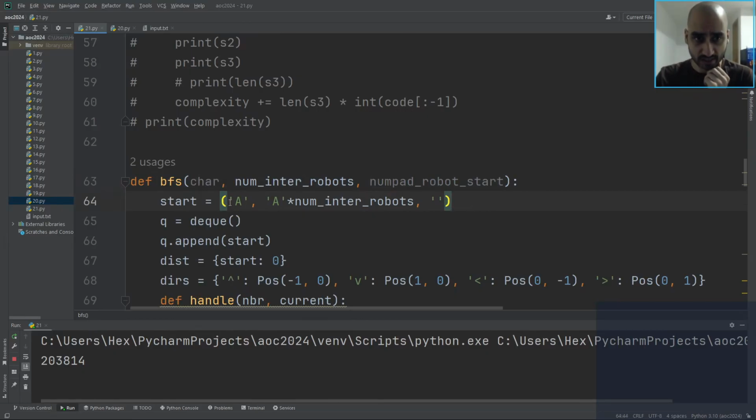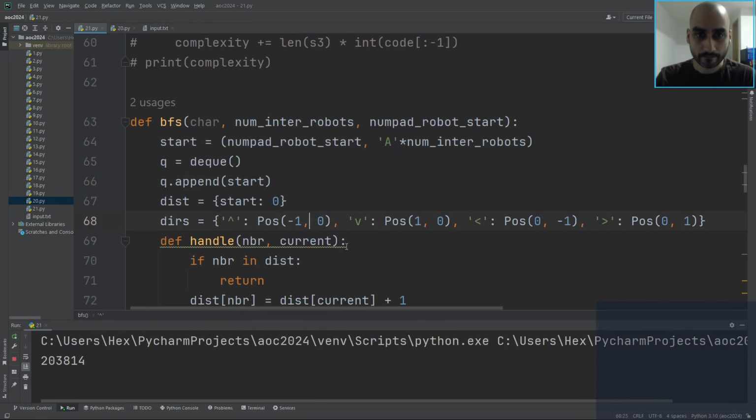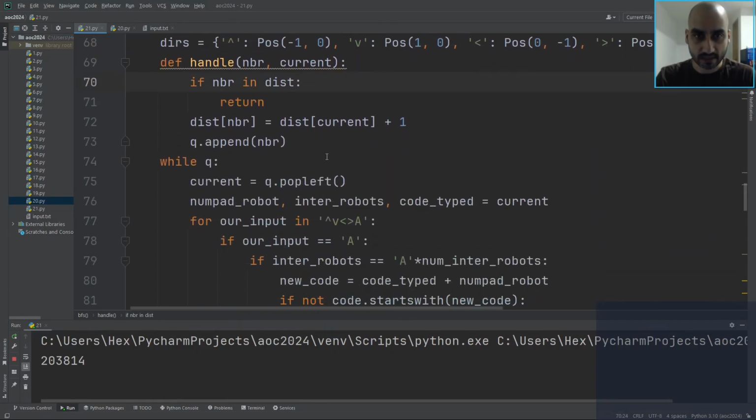This just changes the starting state. They are all on A. We don't even need that. And then this is all the same, except